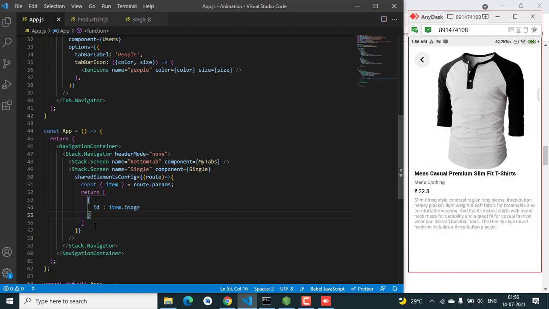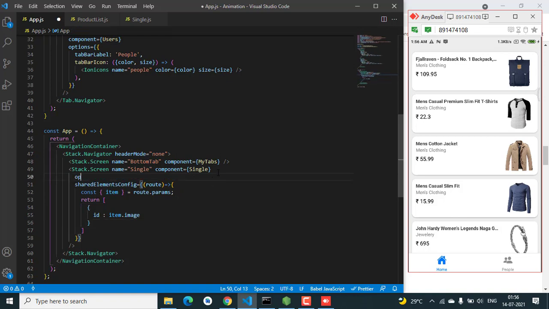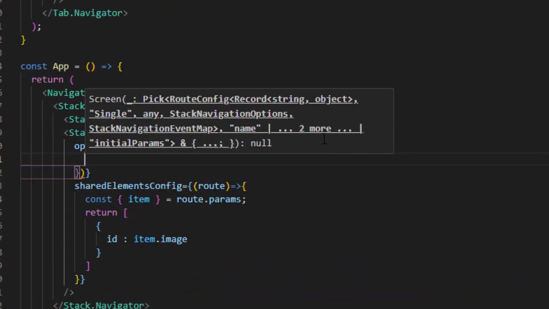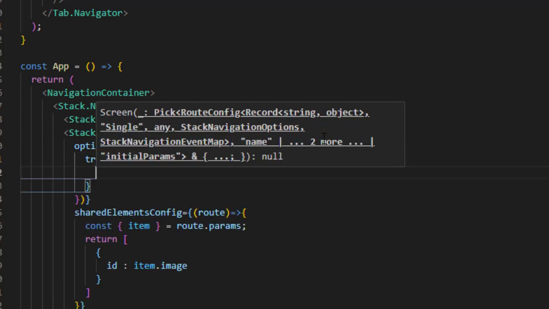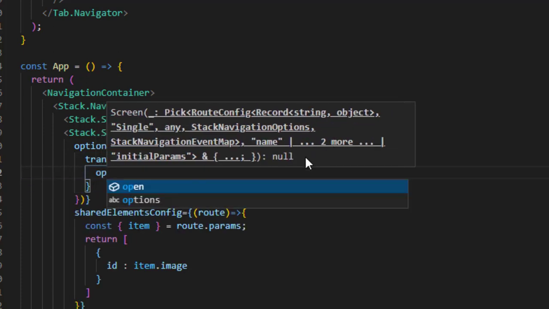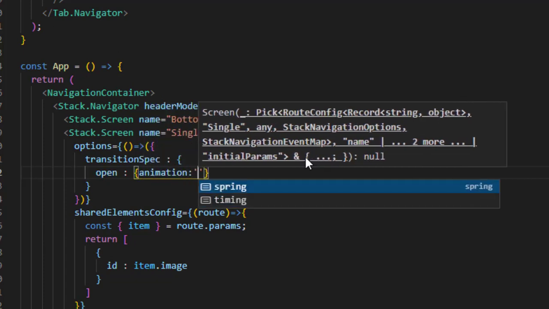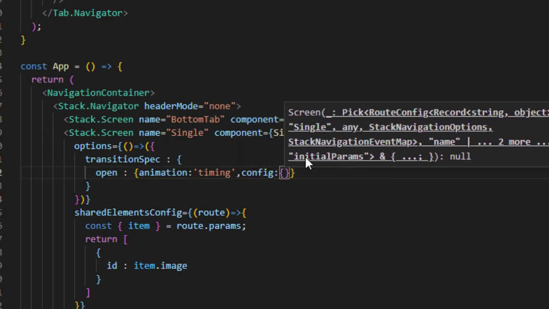So see, it's working. And if you want to slow down the animation, you can simply add something. Over here you need to add inside options something called transitionSpec, and inside that whenever we open we want to animate with timing, and inside config we want to pass the duration.